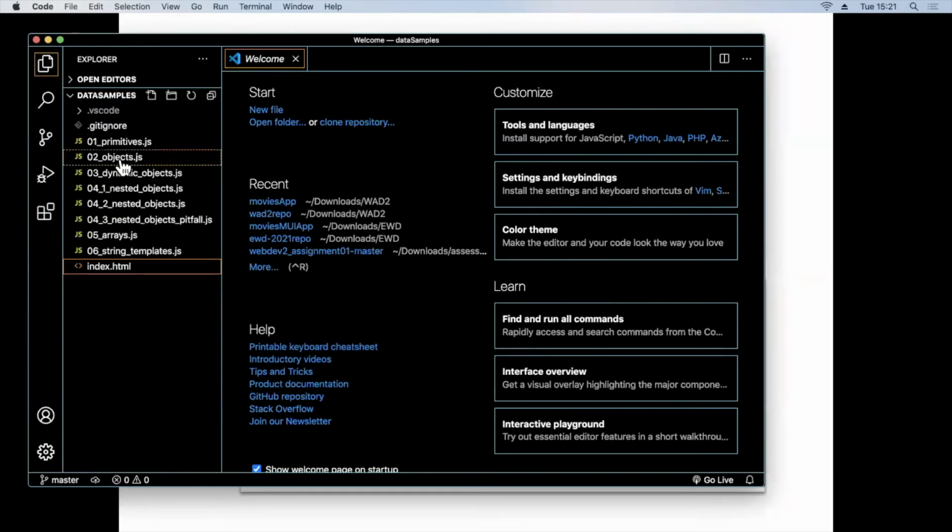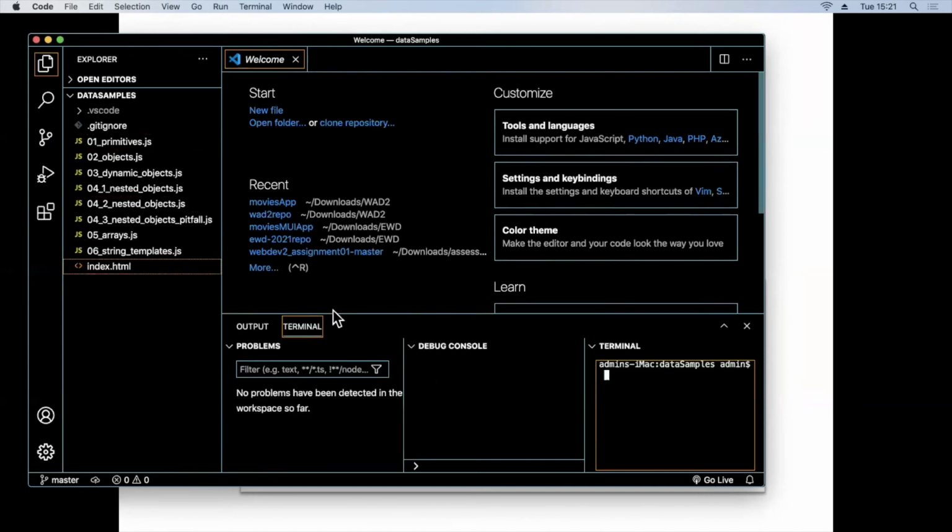Okay, so you can see I've got some JavaScript files and I've got a HTML as well, which is not very significant. Now, to answer your question, what you can do in VS Code is you can open up what